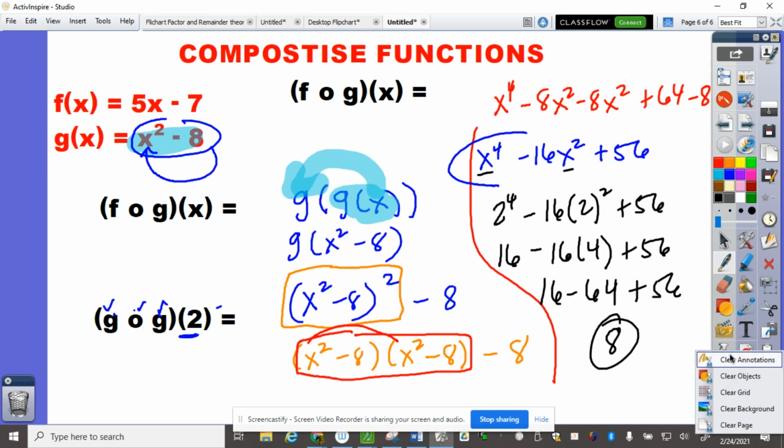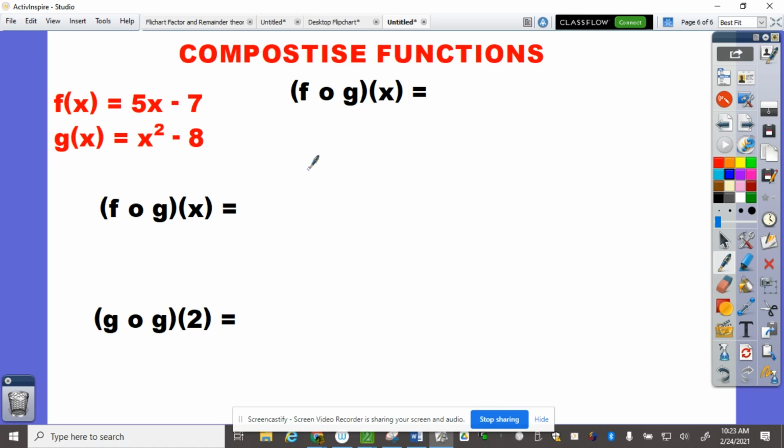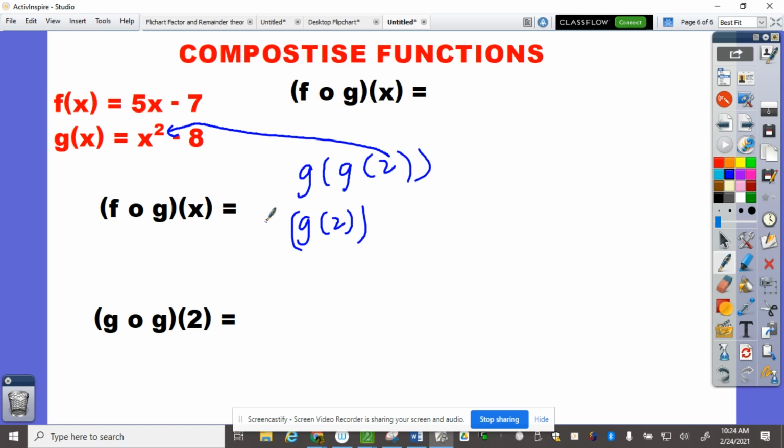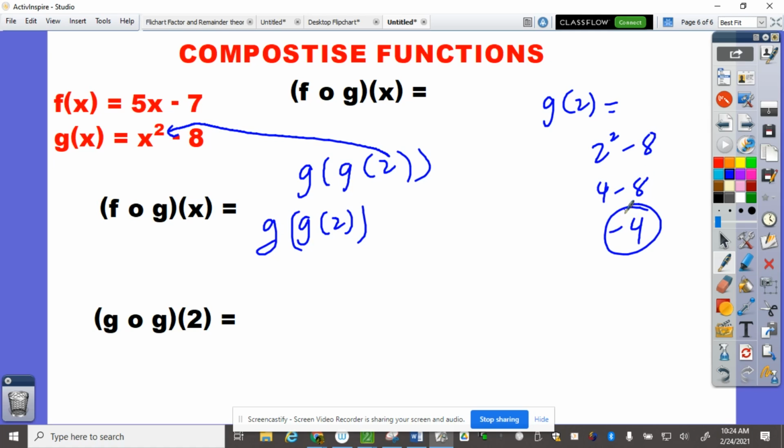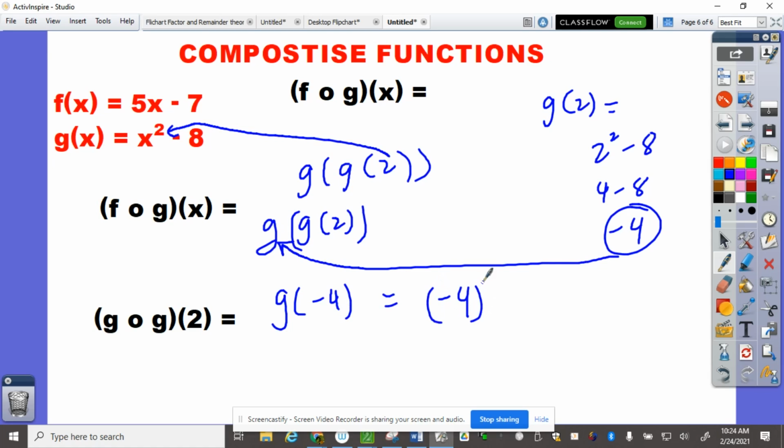Another way of doing that one is that you can plug in g of 2. You're going to plug in the 2 right there, so g of 2 will go inside the g. On the side, what's g of 2? That will give us 2 squared minus 8. 4 minus 8 is going to be negative 4. Then that negative 4 will go into the outside g, and it will be negative 4 squared minus 8. Negative 4 squared is positive 16, minus 8 is just going to be 8. A lot simpler, but another way of